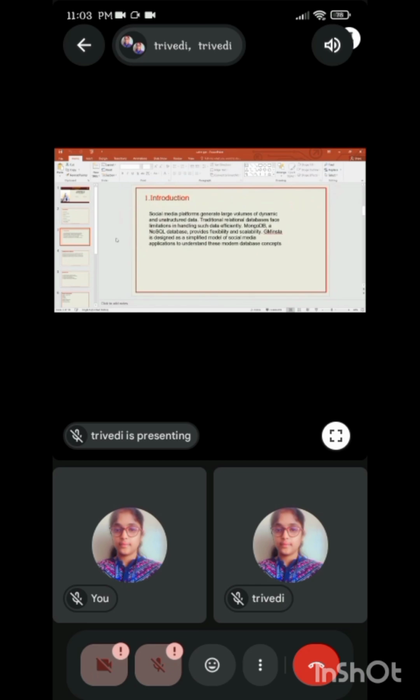In the introduction part, social media platforms generate a large volume of dynamic and unstructured data. Traditional relational databases face limitations in handling such data efficiently, and MongoDB, a NoSQL database, provides flexibility and scalability. GM Insta is designed as a simplified model of a social media application to understand these